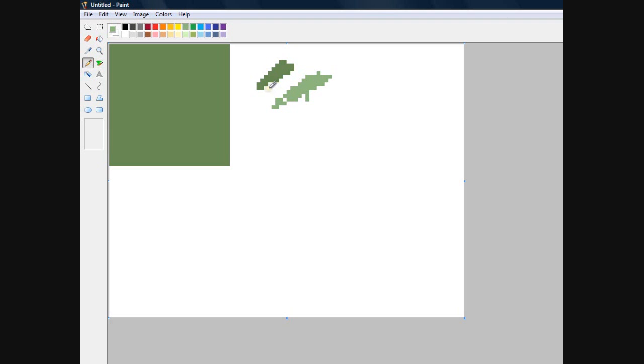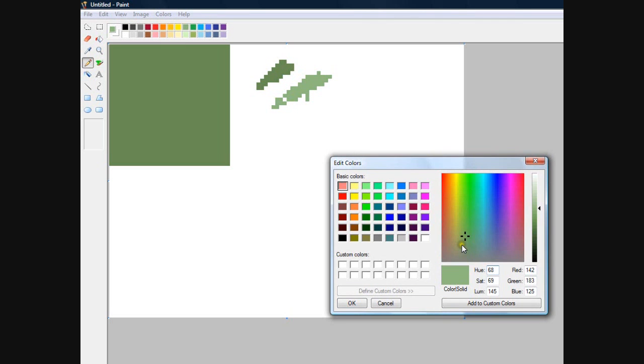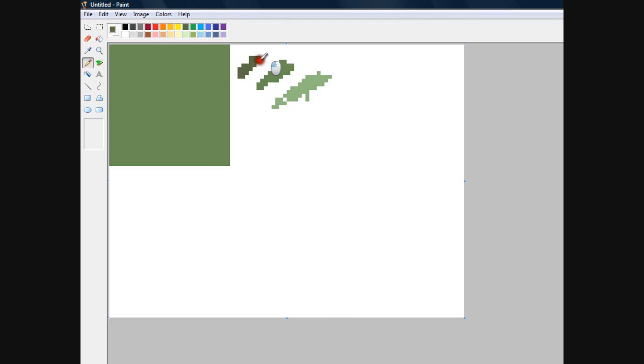I guess one a little darker or brownish, maybe like that. Okay, so these might be too similar, but I'm going to go ahead and continue. You could always adjust the colors later on. So the way I make grass is